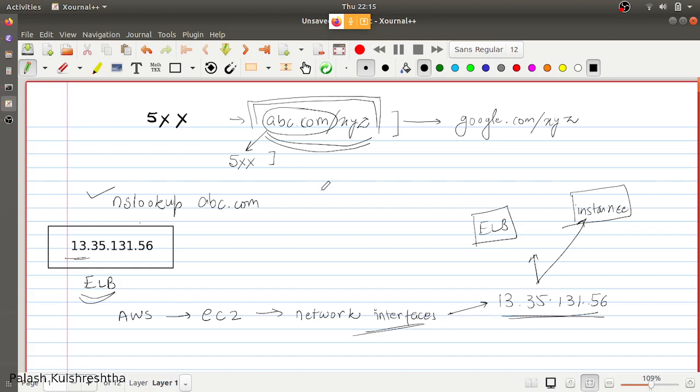So let's assume that searching this IP in the network interfaces gives us an ELB. Next, we are going to find the instances behind the ELB. How are we going to find that?